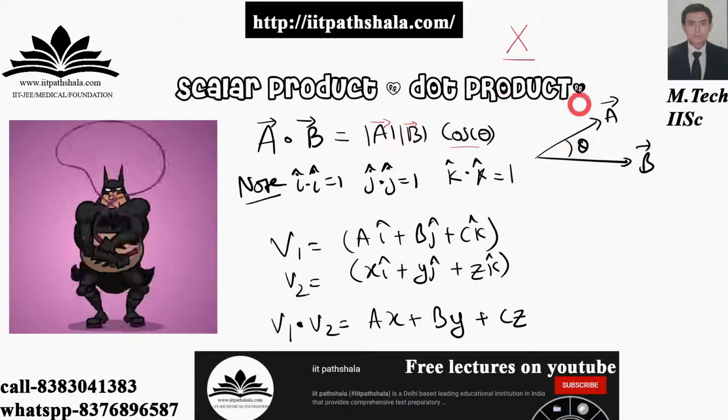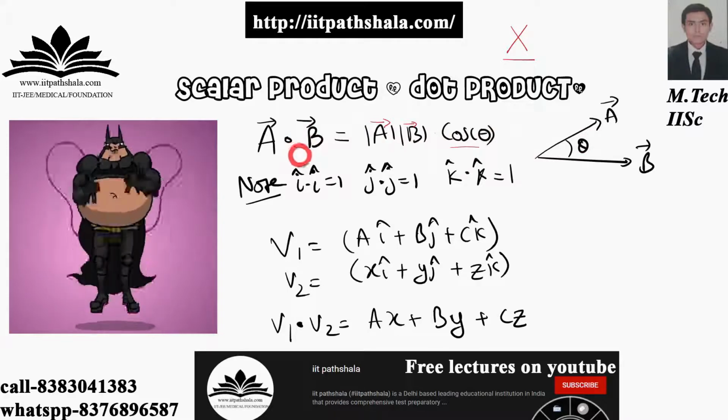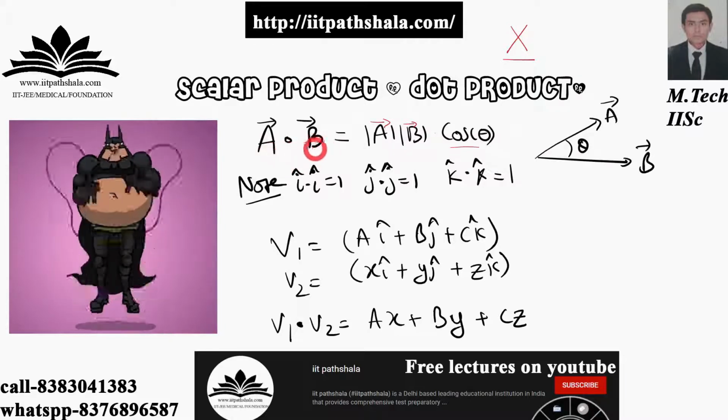So why are we using this product? We are using this product because we want to find this angle. In certain cases they will be giving you vectors over here as well as the magnitudes, and they will be asking you for the angle in between both of them. So you can pretty much find out the angle by using this dot product. Anything they can give you: they can give you the magnitude of a vector, b vector, and also the component of b vector, but they cannot give you the component of a vector and ask you about that. Okay, so whatsoever they can give using this particular dot product.